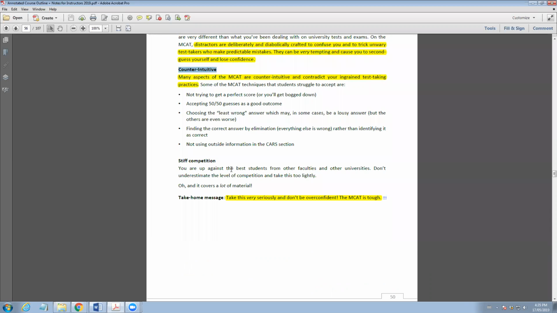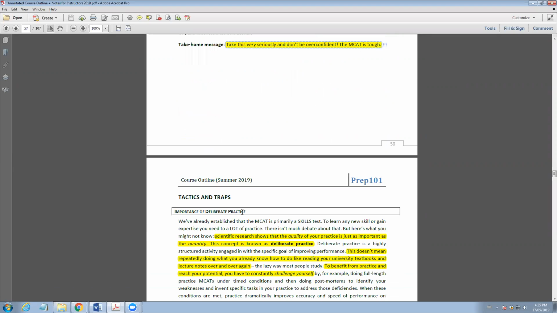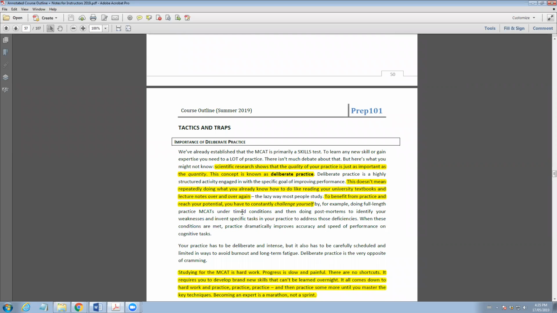And then lastly, you're up against pretty stiff competition. So take home message, take this very seriously and don't be overconfident. The MCAT is tough. Okay, then to wrap up the orientation, just a brief introduction to tactics and traps and